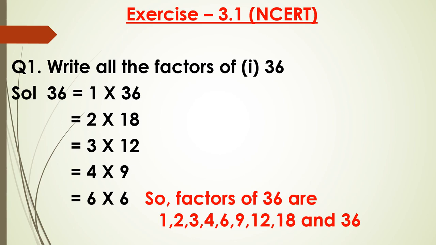Now see how we will write it down. Factors of 36 are, start from the smallest natural number 1, and write in ascending order: 1, 2, 3, 4, 6, 9, 12, 18, 36. These all are the factors of 36. We have to show this working, because if we do it in this way, we will not skip any factor. If we write directly, then it may be possible that we skip one or two factors. In this way, it is not.